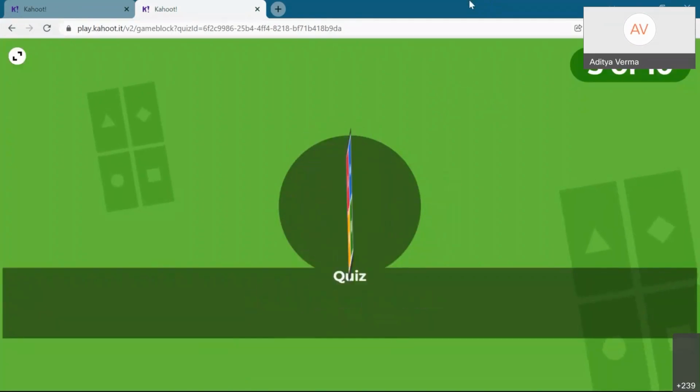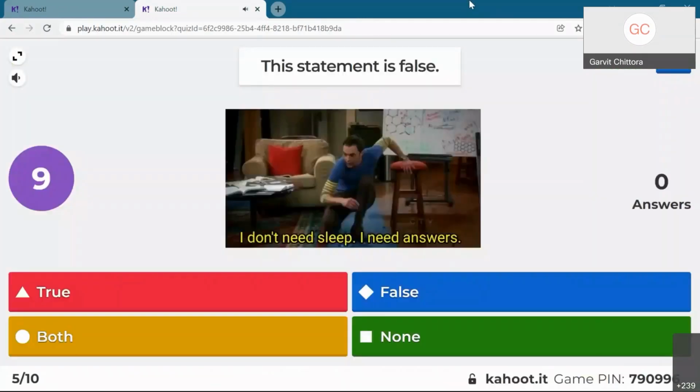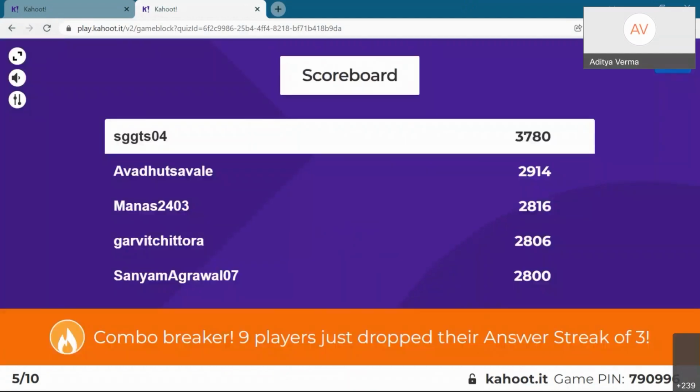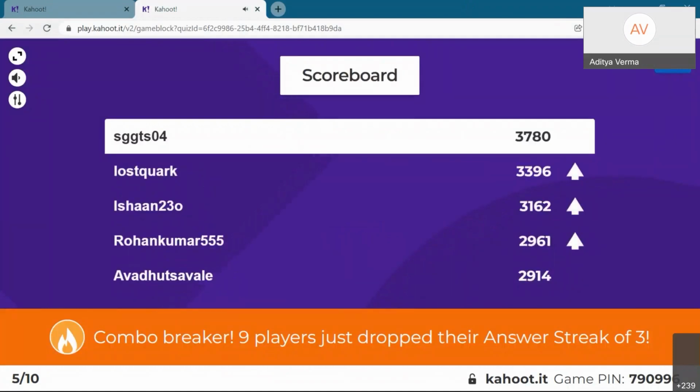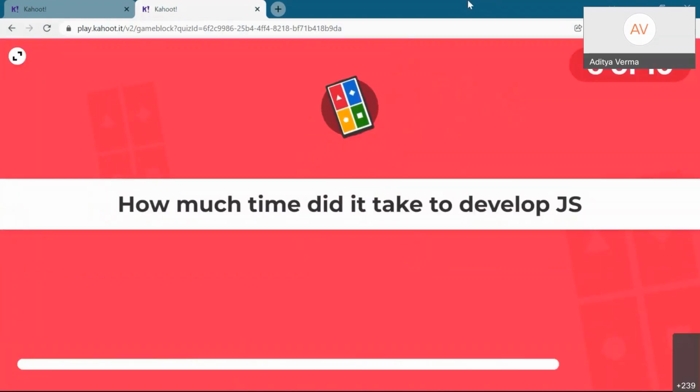ये एक तो क्वेश्चन जल्दी करो भाई, और ये 2 पॉइंट्स का है, जल्दी आंसर करना है। वो खाली 8 लोगों का सही है। अरे यार, ये सही है क्या? मैंने तो क्विज देखी भी थी, मैंने कैसे गलत कर दिया? बढ़िया, देखो लीडर बोर्ड एकदम से चेंज हो गया।